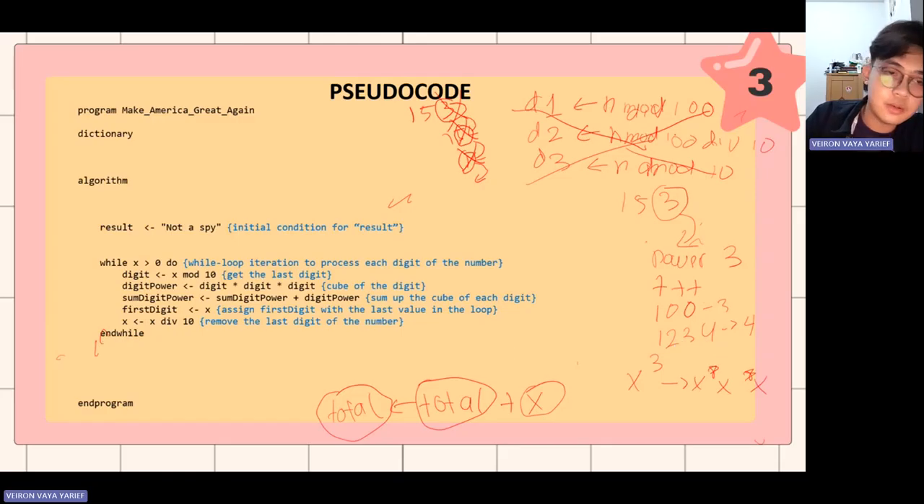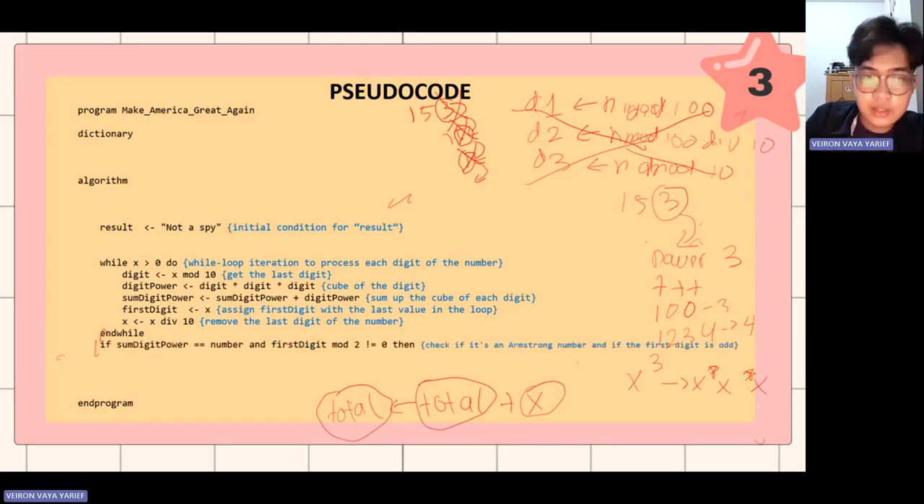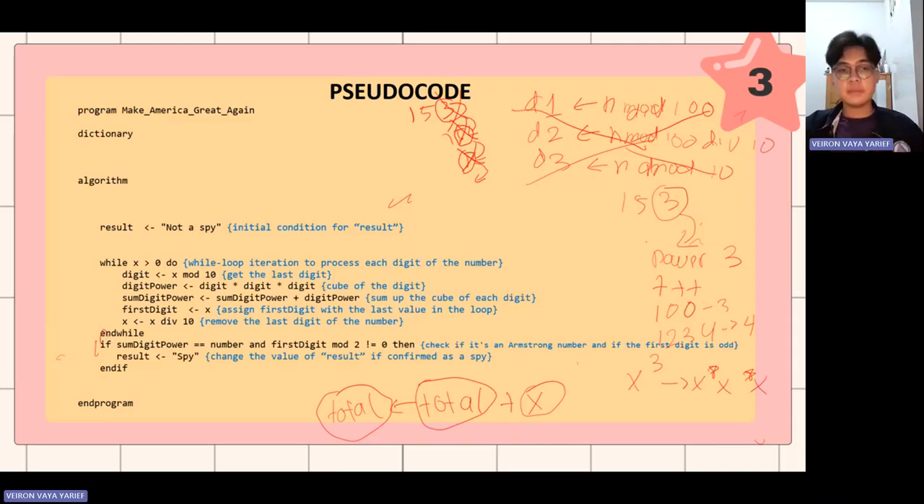Does the program end? No. At the last thing, we need to check if the number is Armstrong and the first digit is an odd number, right? So if the sum of digit powers equals the number,